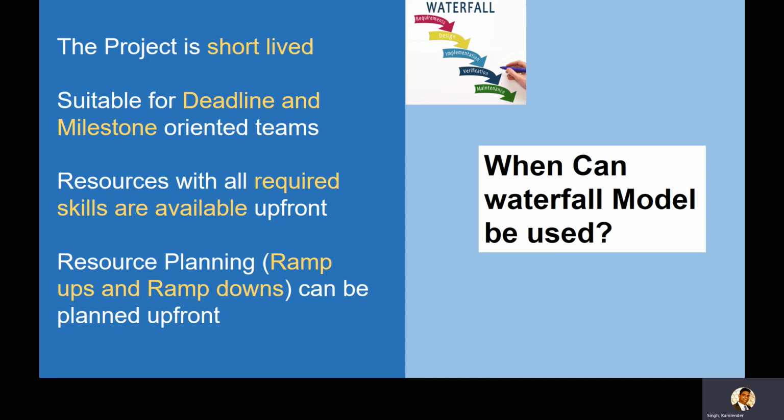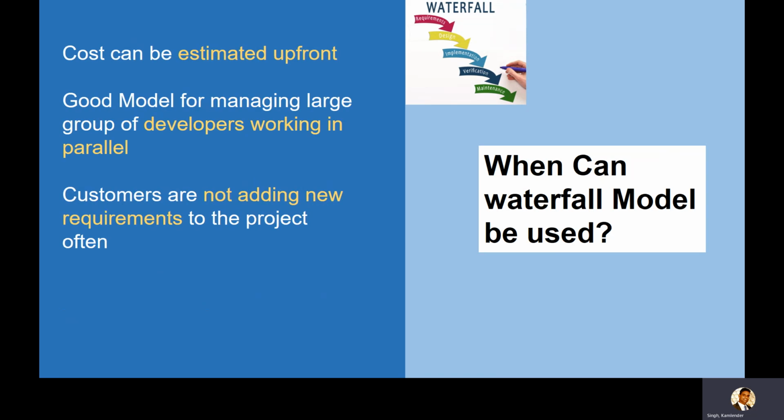Deadline and milestone: you can upfront talk about deadlines, plan for the deadlines and milestones, and the team also is aware about what milestones are coming up. And the resourcing is done upfront. As I've talked about, the PMO, the project management office, plans for everything, which includes cost, resources, schedule. So resources are upfront planned. We know for each phase how ramp up and ramp down of the resources will be done. So basically, it's less headache, or the project management team can upfront define what will be done where.